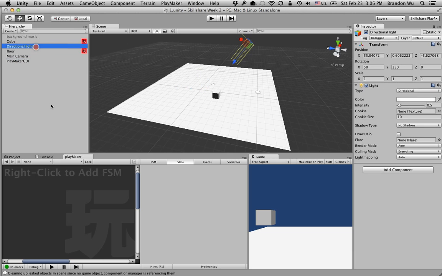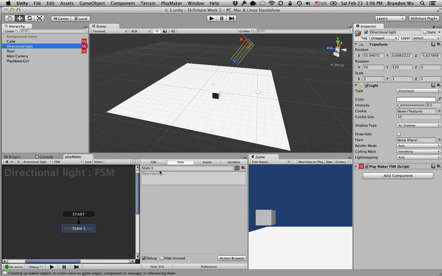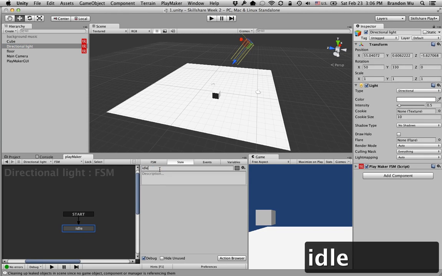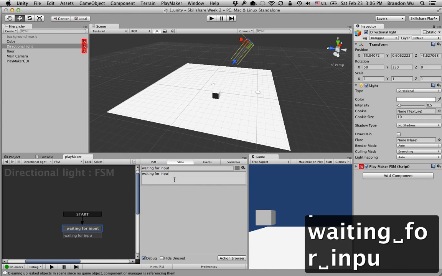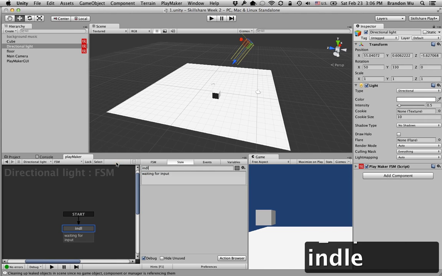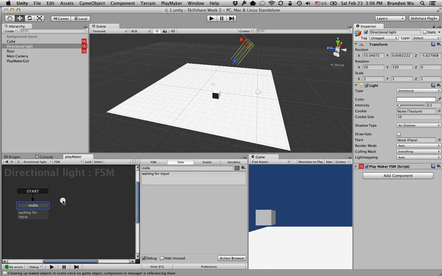So click on the directional light, right click, add a state machine, and again I'm going to say idle or waiting for input. Could be anything. You can add a description. Actually, let's do that. Idle, and then the description is waiting for input. And what I want to do is